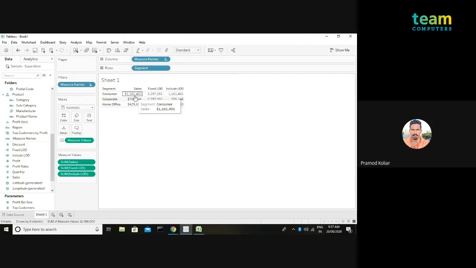In such scenarios, you can drag and drop the segment, or the region, anything that you want, and automatically it will be computed based on the category. That's how you can freeze this without bringing that particular dimension into the view. So here, without getting category into the view, we can compute that aggregation. That's how include LOD works.